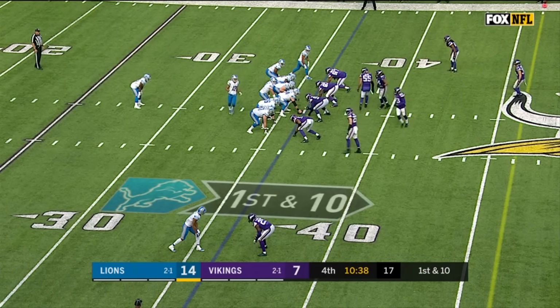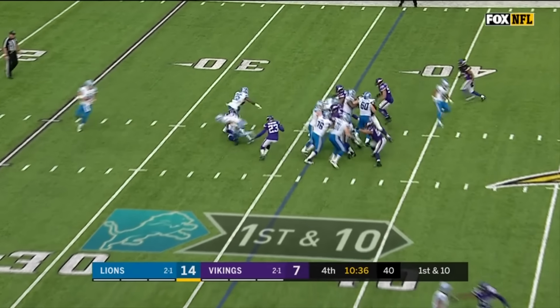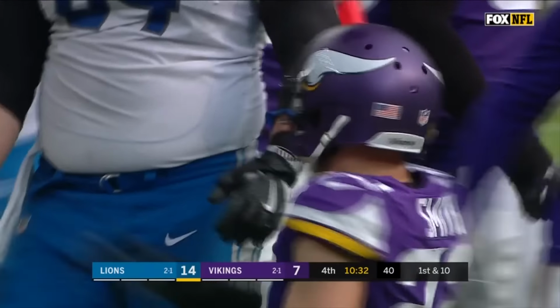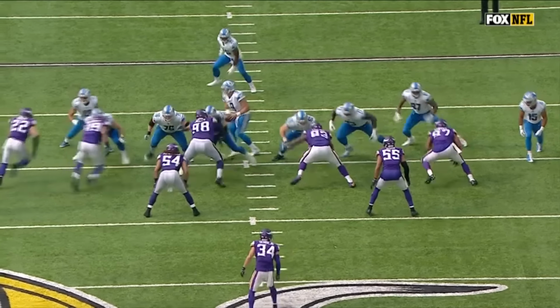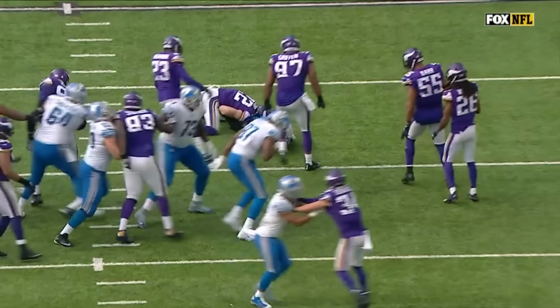First down, Lions with the ball. 10:38 to go in the game, and Detroit a 7-point lead. Riddick dropped behind the line of scrimmage by Harrison Smith. Well, the former Notre Dame linebacker shows up and plays linebacker on this play. First of all,